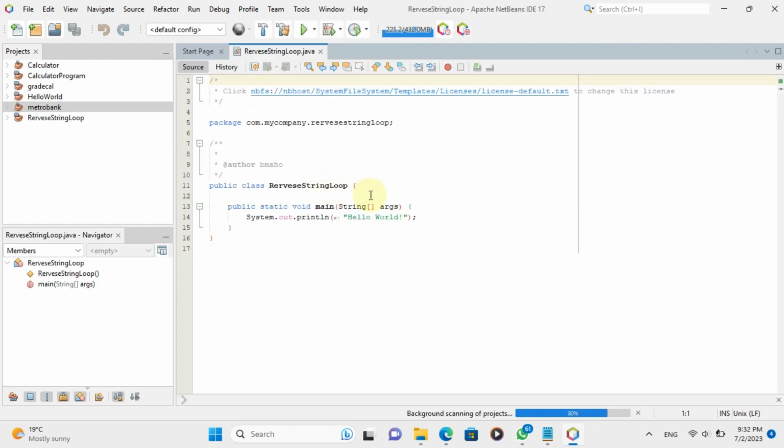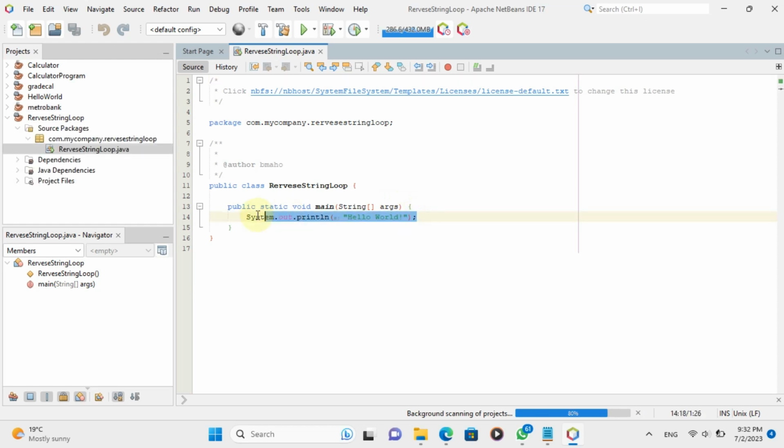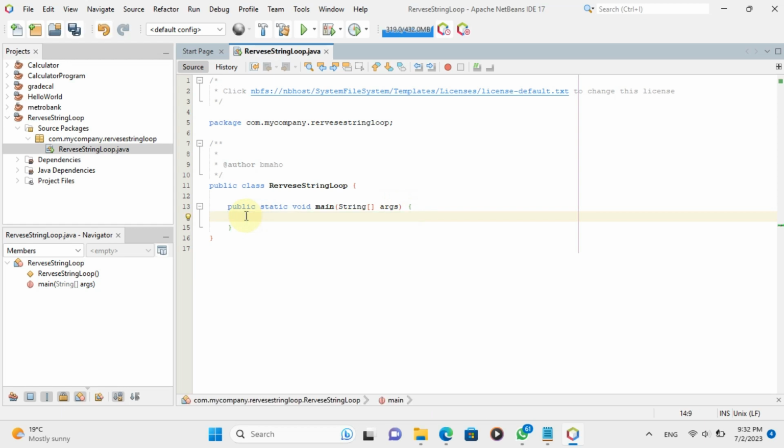The project is created and opened in your NetBeans IDE. You should see the projects window, which contains a tree view of the components of the project, and the source editor window, where you can write your Java code. Here is an example of how this would look like in code.